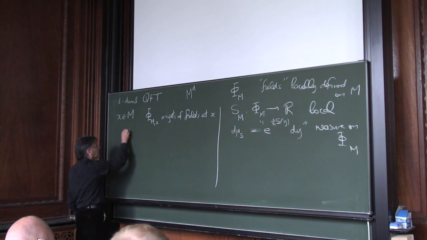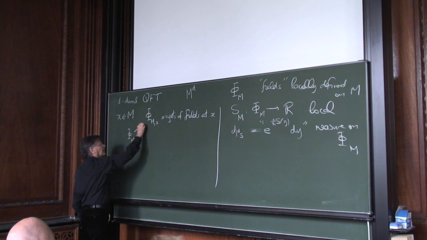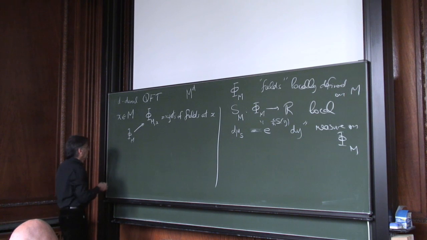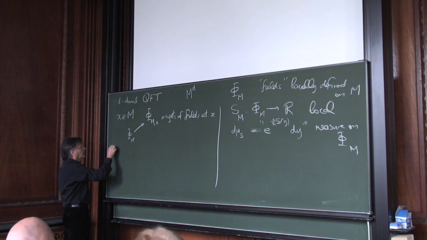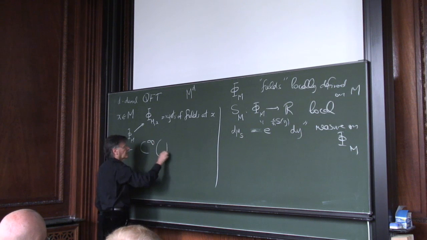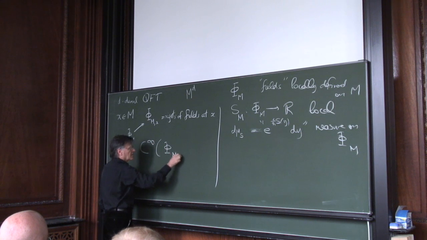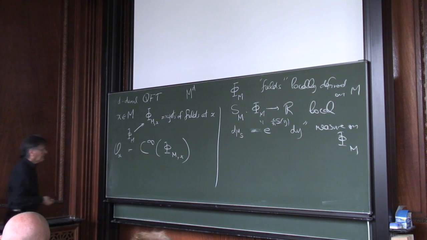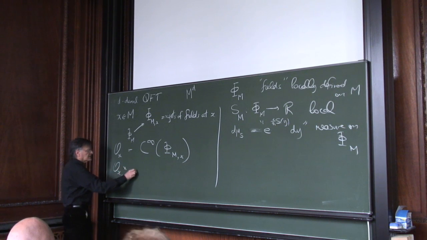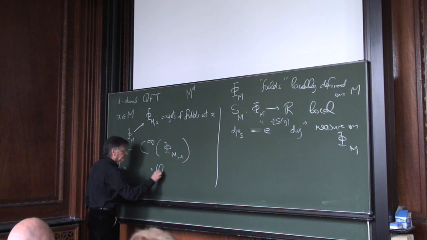Obviously any field is meant to have a jet. And for any x, we're going to look at the C-infinity functions on this. And what we're interested in is notionally some multilinear maps